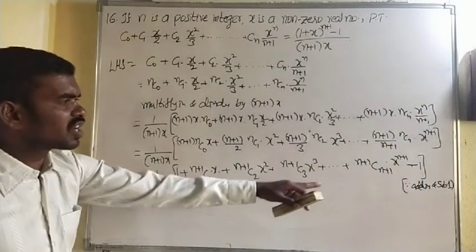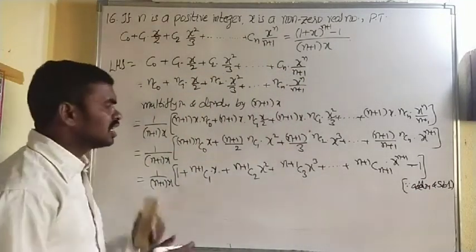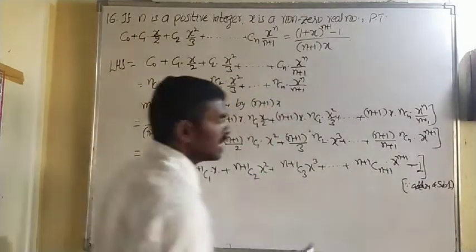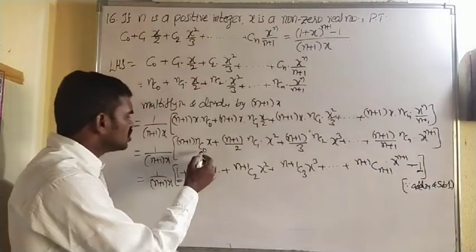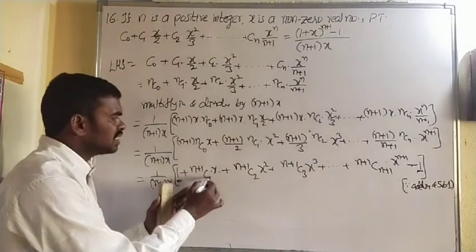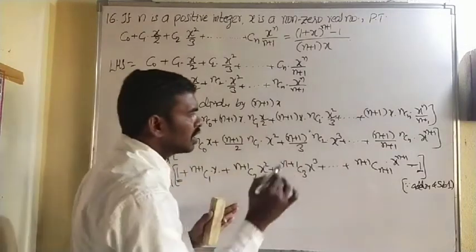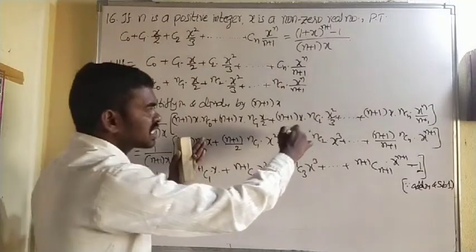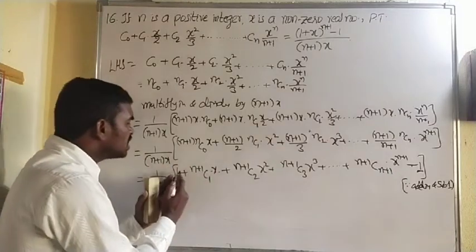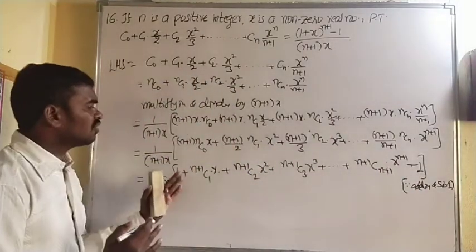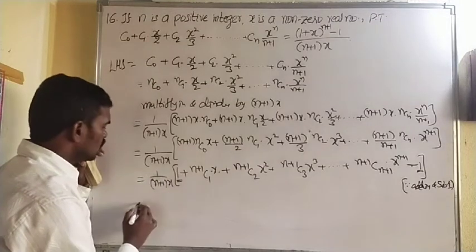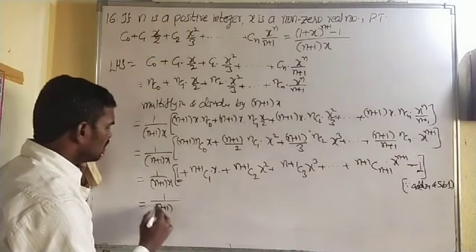Is it clear? Note this on the right side, so that in the future we can understand why 1 is written here and why minus 1 is written here. Don't think that (n plus 1) nC0 means 1. That's not correct. (n plus 1) nC0 means (n plus 1)C1 x. I have written it continuously, after writing the expansion from the above step to this bottom step. The 1 is added and 1 is subtracted, so in the next step the 1 can be understood as (n plus 1)C0, which is equal to 1 by (n plus 1) into x.